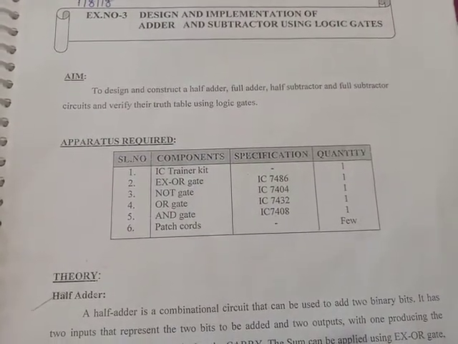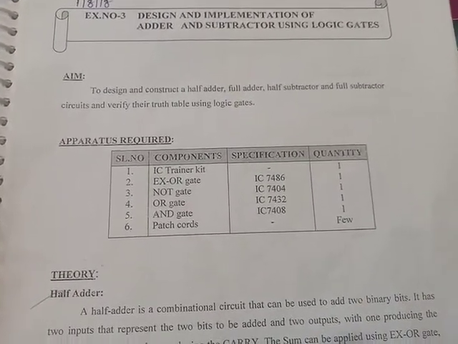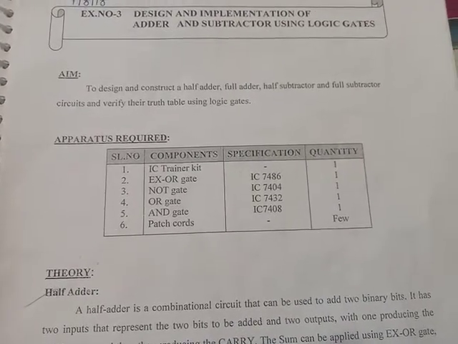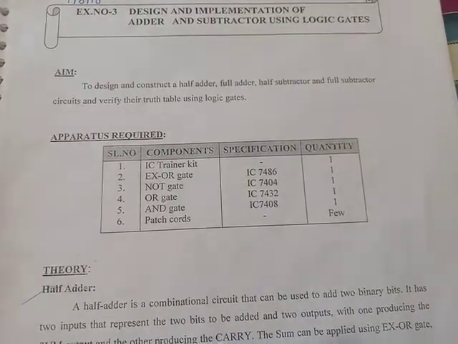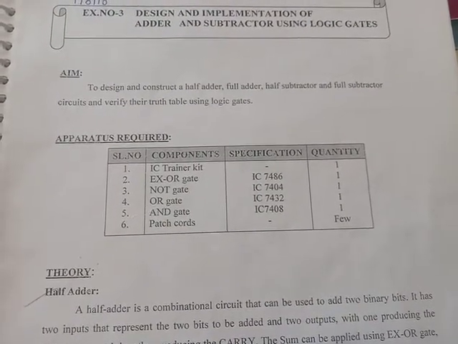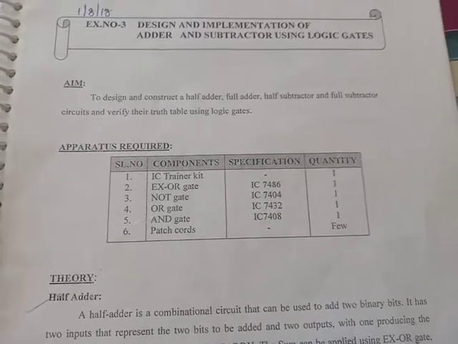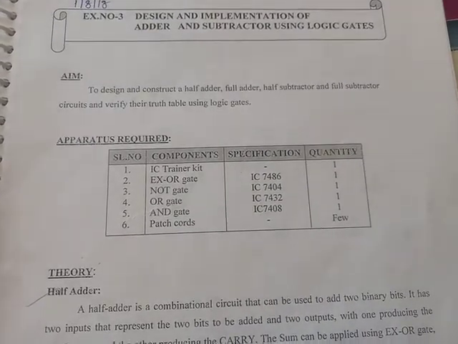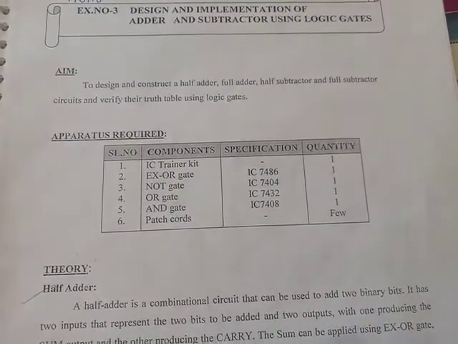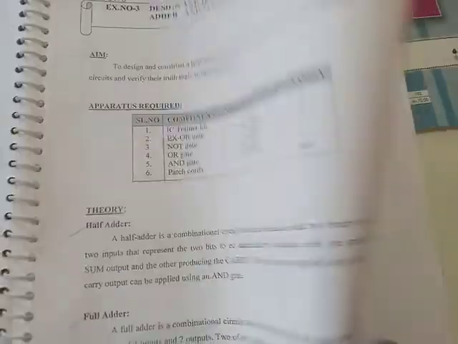So what is a full adder, right? If you want to add 2 bits, a half adder is sufficient, right? So the inputs of the adder will be 2 inputs A and B, and the outputs will be sum and carry. Okay, and for a full adder, if you want to add 3 inputs, say A, B, C, right? So A plus B plus C, so 3 inputs. So here the output will be sum and carry.